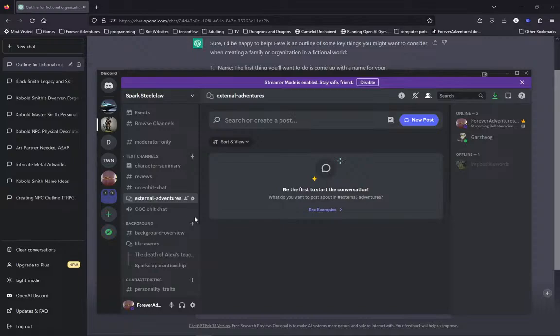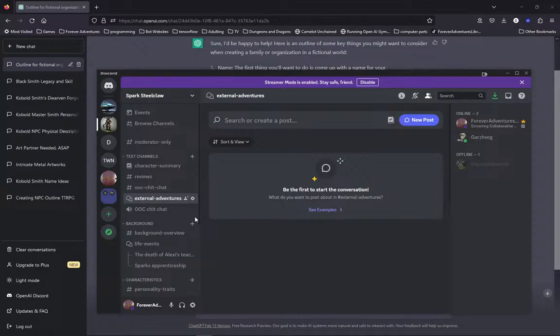And then I want you to have him in your TTRPG games. I want you to put him in your stories. If you're writing a book and you need a kobold smith, make it Spark Steelclaw. That would be awesome. And then come back here to this External Adventures channel and tell me a little story about the adventure that Spark Steelclaw went on, so that we can share that together. So anybody who borrows Spark Steelclaw in the future can come back and read all of these other interesting adventures he's had the opportunity to go on because of all the wonderful creators and storytellers and players out there.